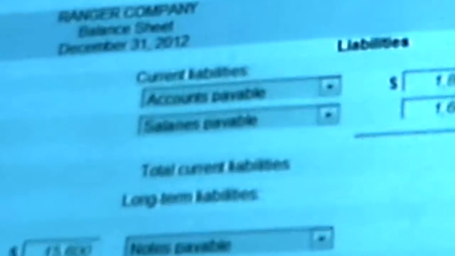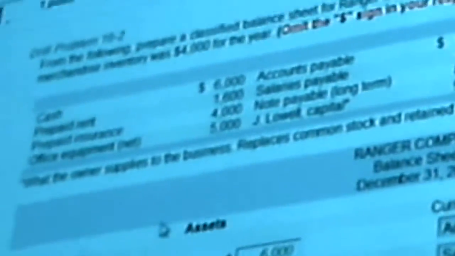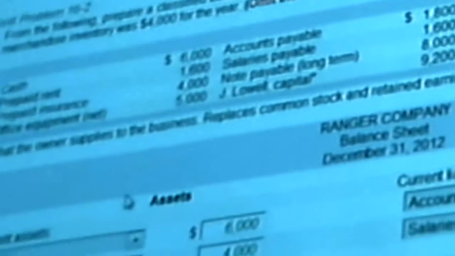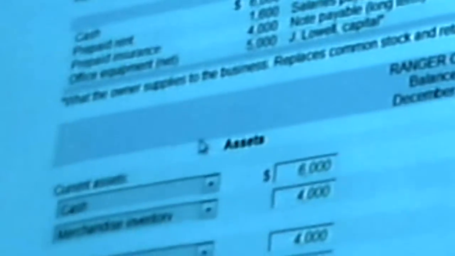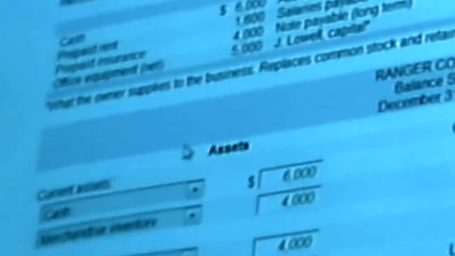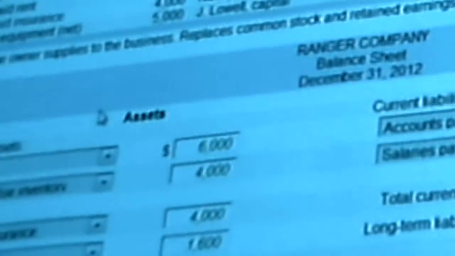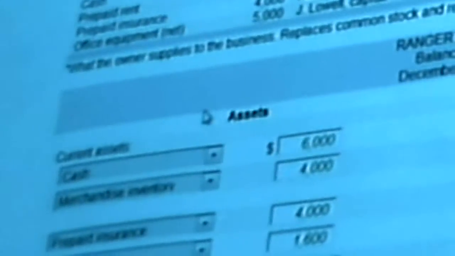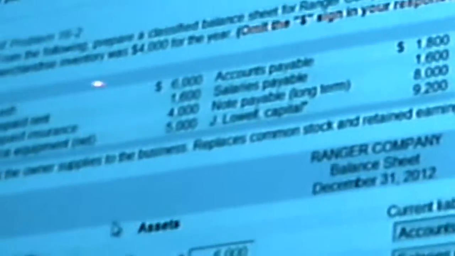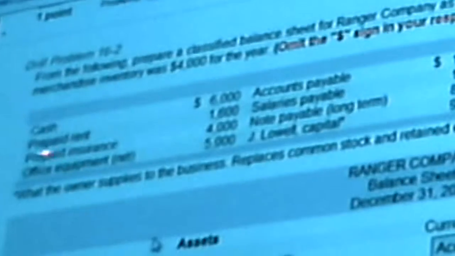Now, make sure you, in the question, the last sentence. Yeah, right here. Okay. So merchandise inventory was $4,000 for the year. Yeah, let's get into that. So they do not list merchandise inventory here. It is a current asset. It is a current asset. So why they didn't just put it on the balance sheet, I don't know. It goes on the balance sheet. So if you can imagine that here, right here,